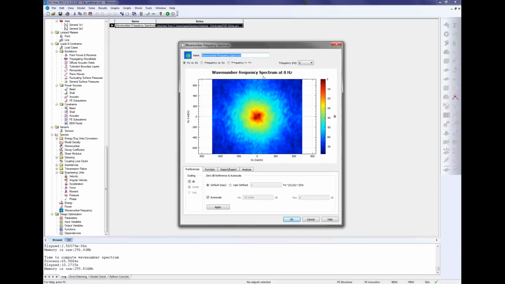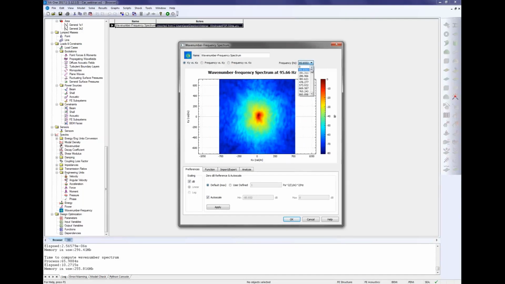So here you see this panel corresponding to the wave number frequency spectrum. It's 0 Hz. I will put it at the first frequency of the post-processing. And you can see, for recall, X is along flow and Y is cross flow. And you can see if I go upper in frequency,